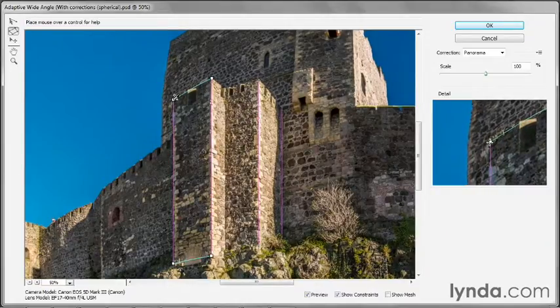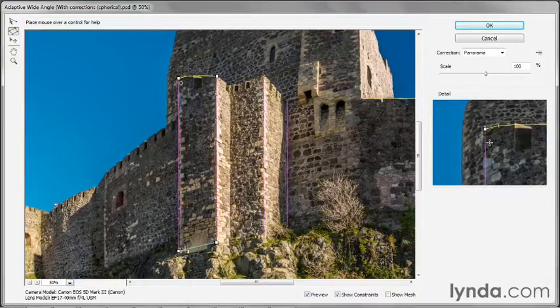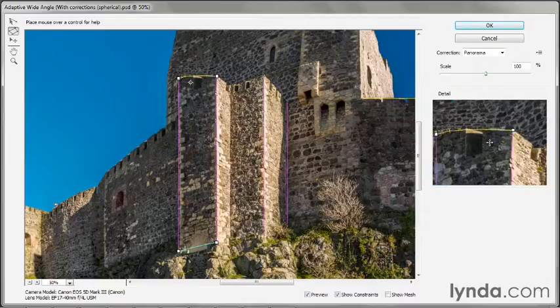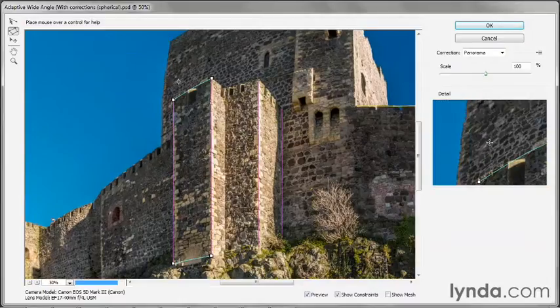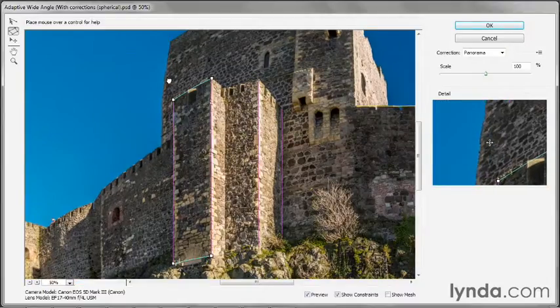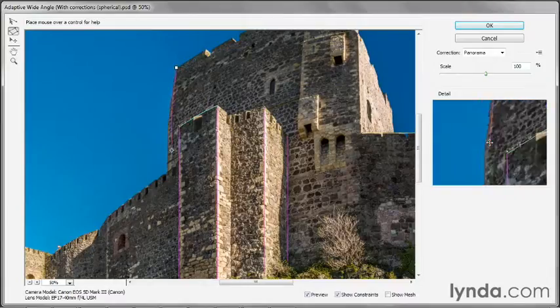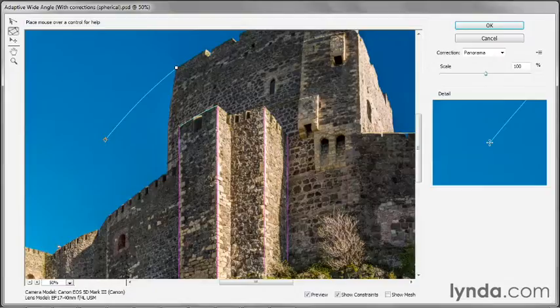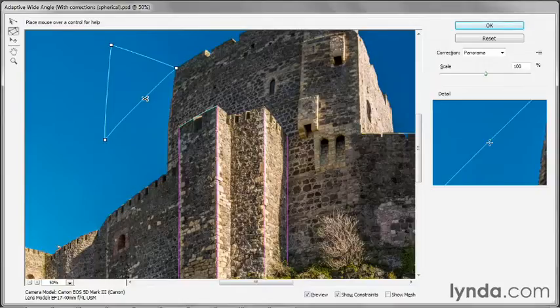And if I were to now shift click on this point, I would constrain this wall to horizontal. At least that's what the filter's trying to do. If I don't like that, I would shift click on it again in order to take that constraint away. All right, now I'll shift drag down this wall, but I still have the same tool selected. I didn't mean to do this with the polygon tool, so I'll just click like so in order to complete that shape, and then I'll press the Alt key or the Option key on the Mac and click on that